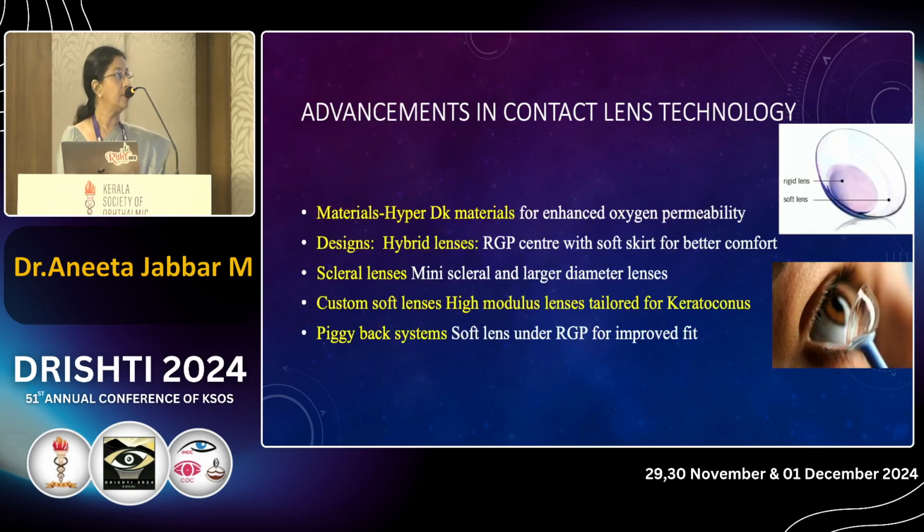So first we will see what the advances in contact lens technology are. Many materials like hyper-Dk materials with good water content for enhanced oxygen permeability are coming up, and other designs like hybrid lenses, scleral lenses, and custom soft lenses with high modulus, which are specially tailored for keratoconus. What are these high modulus lenses? They are